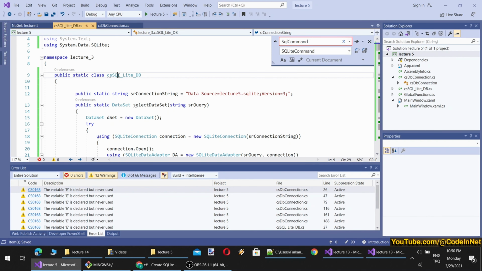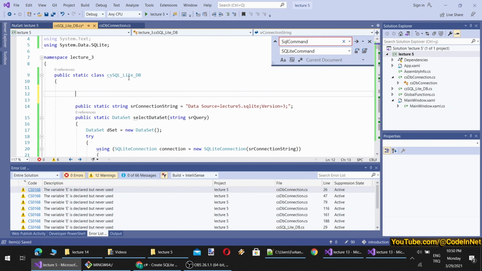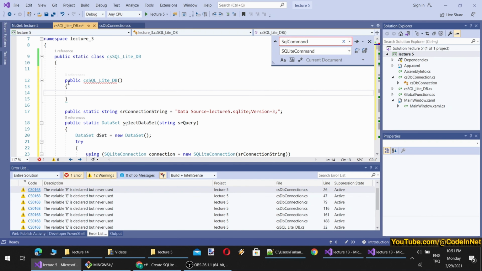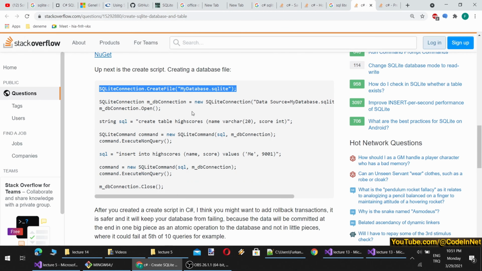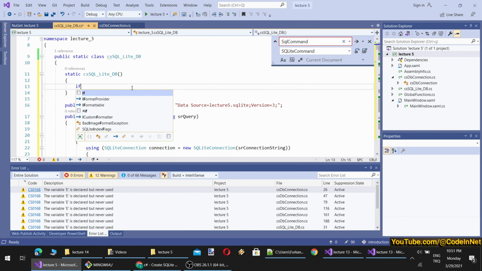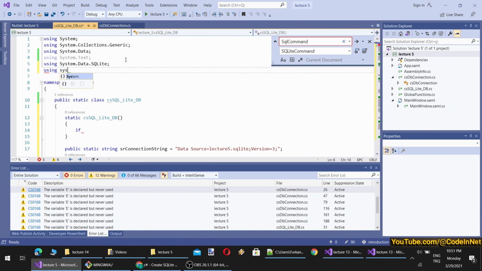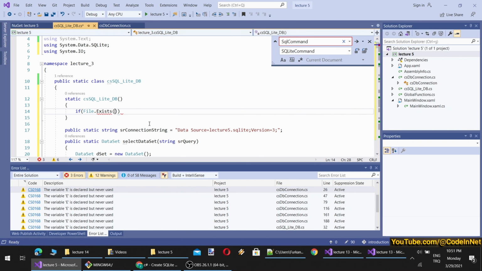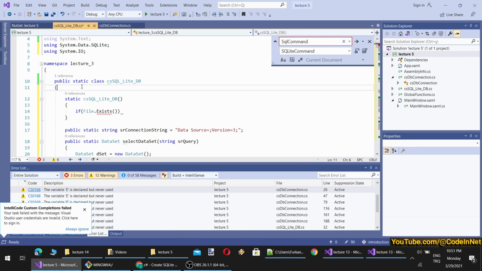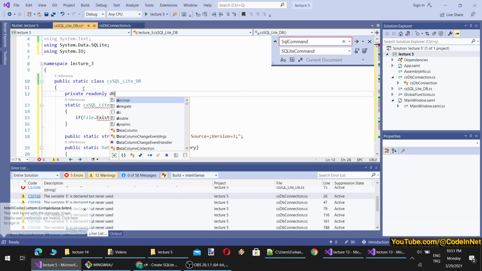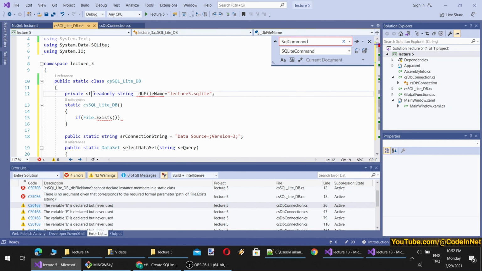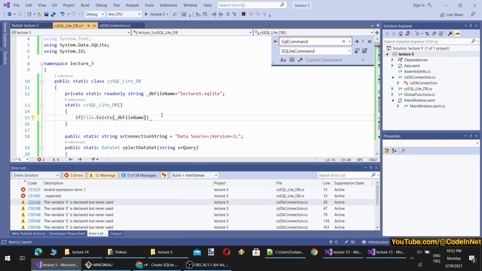How are we going to do that? We are going to write a constructor here, public static. So this is the constructor of the static class, and here, if this file does not exist, to check that, I will add using System.IO. If file exists, what is the file name? Let's give the file name like this: private read only db file name. This also requires the keyword equal to false.